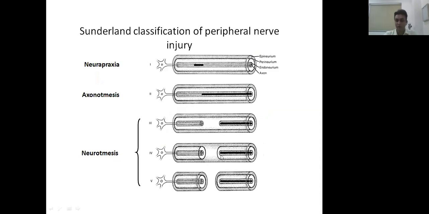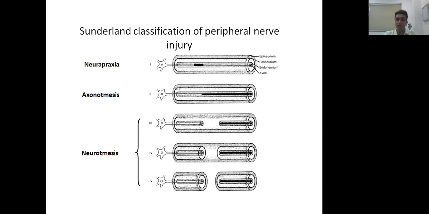The 4th grade is where only the epineurium is intact and the rest are cut. Whereas in level 3, we can see that the nerve is partially intact, and in level 1, there is hardly any cutting of the nerve, the cutting of any fibers. There is only an edema. Level 2 is in between. So these are the 5 grades of nerve injury,